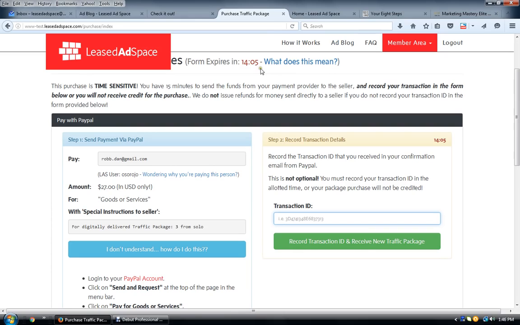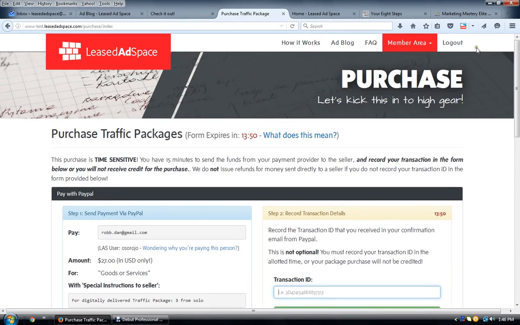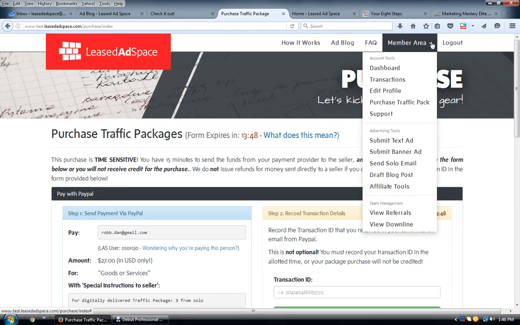And that's why we have this timer in here. That is to tell you, hey, you need to do this, where we've had people who have sat on this page for like 30 minutes before they submitted the transaction ID, and they timed out. That's why we have this timer here, to make sure that you go do it right away and get this done with. And other than that, basically all these other things like your affiliate tools, view referrals, view downline,